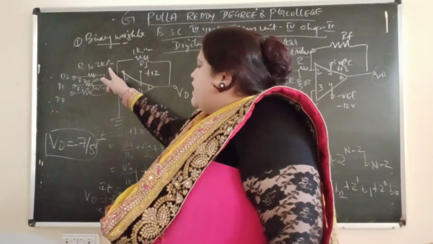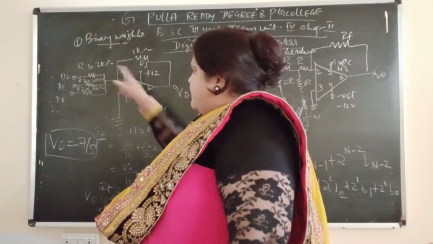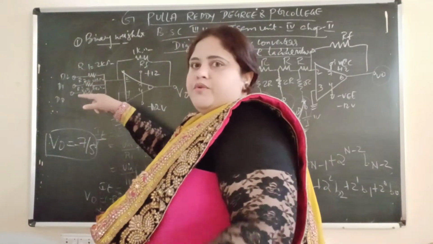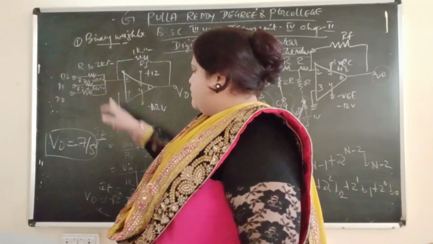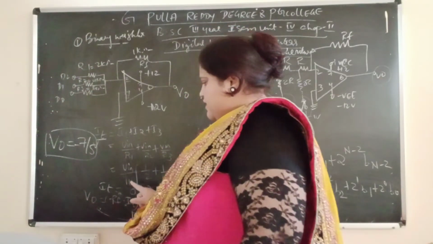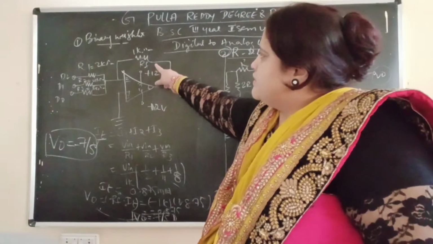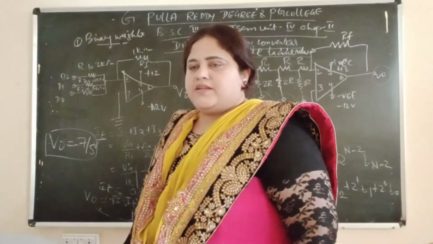We have drawn the binary weighted diagram on the board, the op-amp in summing form. Weighted means it will take all the inputs, add them, and give us the final output. So this is the weighted diagram. Now in this binary weighted, I am giving 3 inputs that will be added. First, we find the total current by this formula. Then we substitute that current in the formula V equals IR, where R is the feedback resistor and I is this current. After multiplying, the output you will get is minus 7 by 5.